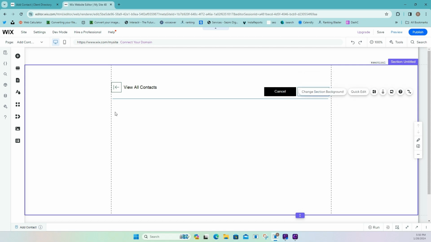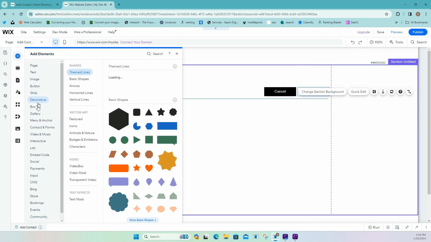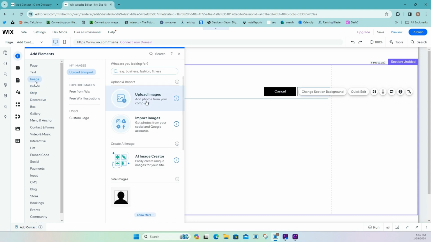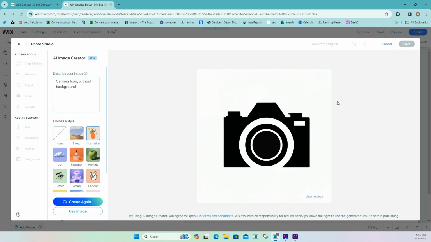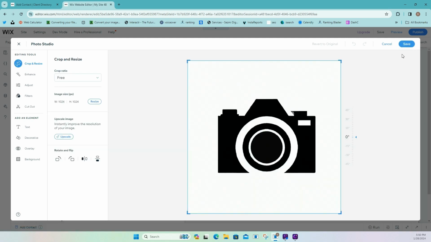So we have that, and then now we're going to add an image again. So you're going to go back to image, and then I can do, so it's already here. I didn't even see it earlier. Okay, so we're going to create an image. We're going to do camera icon without background, and then we're going to use illustration, and then create image. So this is going to be like the placeholder for our image. So I think that looks good. I'm going to use this one, save,